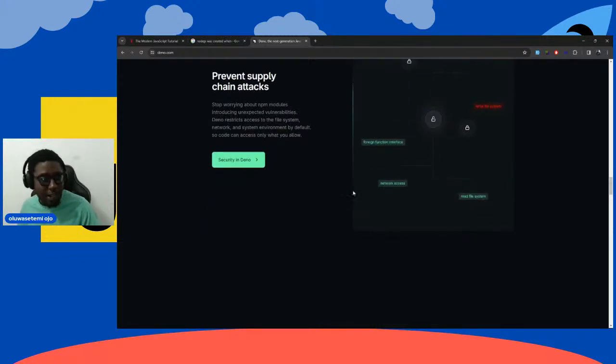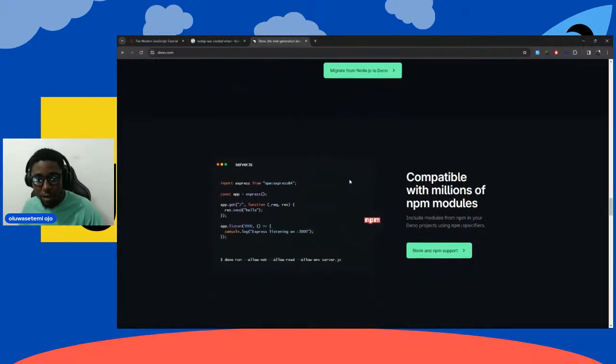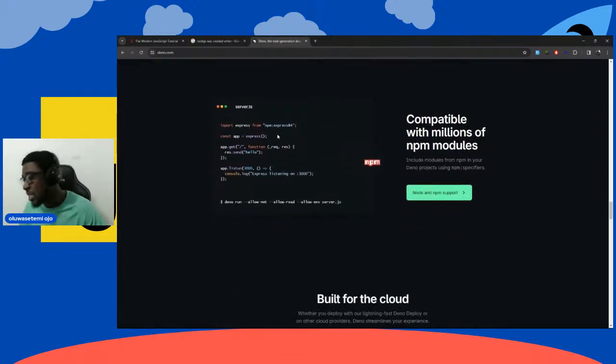It's just worth trying out, right? Just try it out, play with it, and it is npm compatible as well. Another thing that they are doing is that it is compatible with all the things that is happening from Node.js. They are very compatible, which is amazing. Here you can see that you can also use your Express inside of Deno to build an application